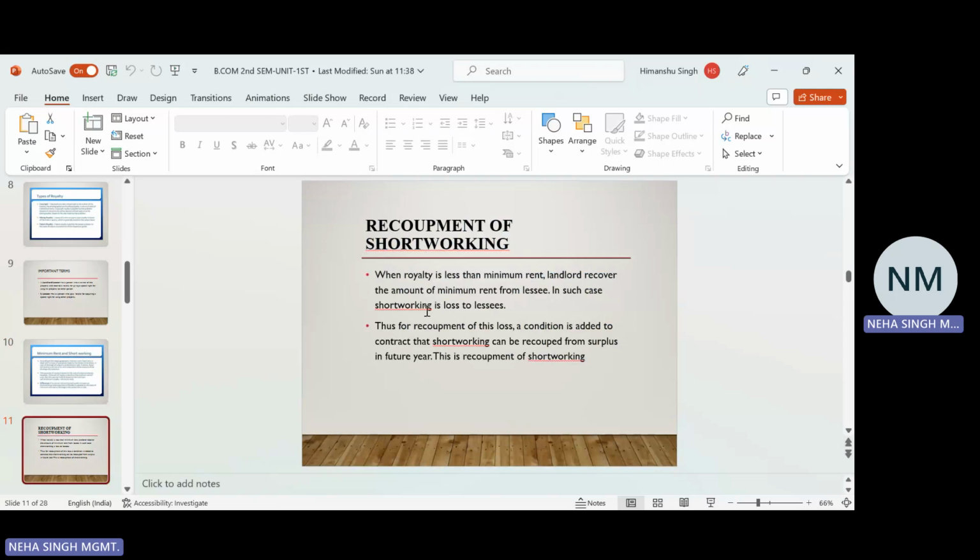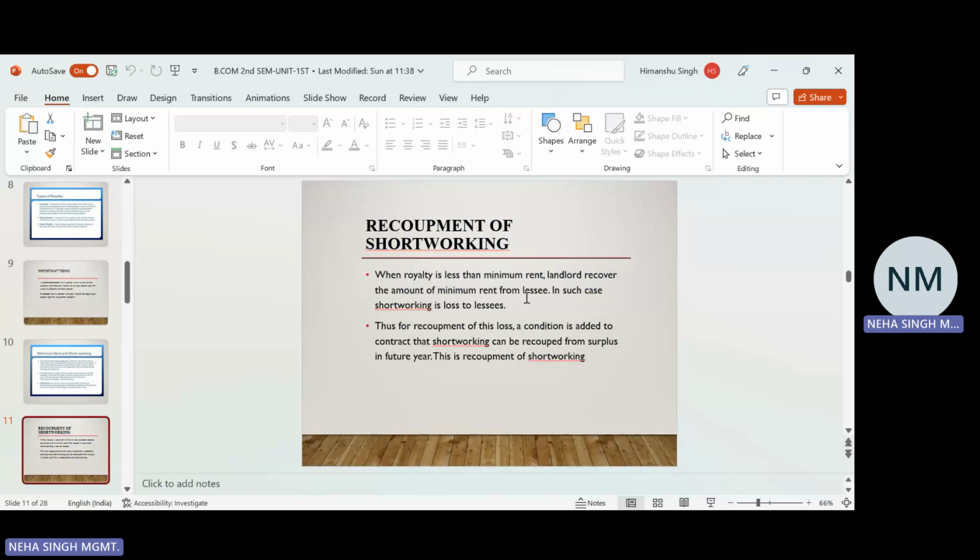In such case, short working is loss to lessee, तो उस केस में लेसी को लॉस हो जाता है, क्योंकि लेसी ज्यादा अमाउंट पे कर रहा है ना, अपने पास से दे रहा है वो। अगर मैंने बोला 2023 में रॉयल्टी 60,000 की, तो मिनिमम रेंट 1 लाख का है, तो लेसी कितना पे करेगा, 1 लाख. 1 लाख किसको, लेसर को। लेकिन आप ये भी तो देखिए ना कि